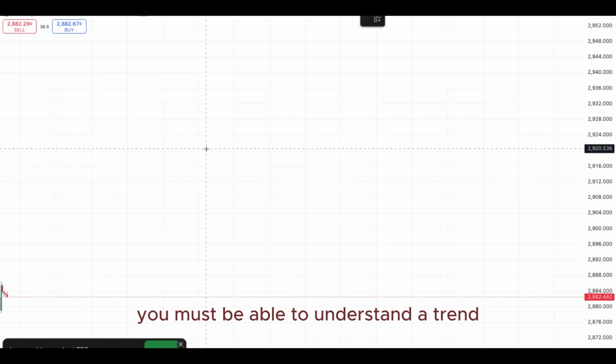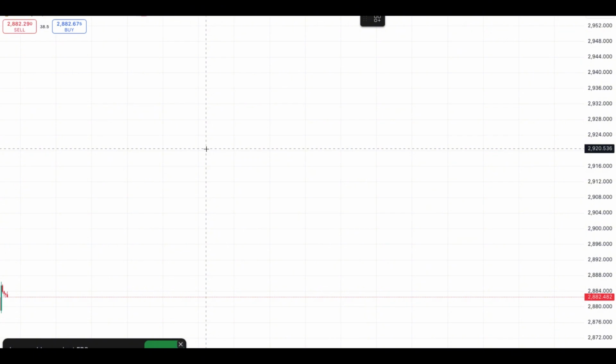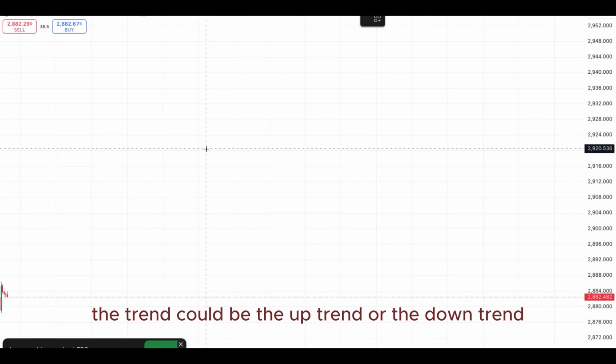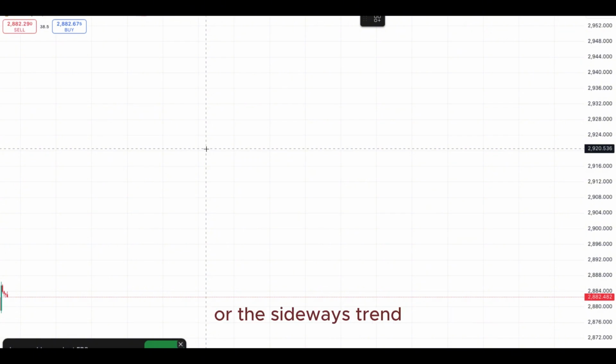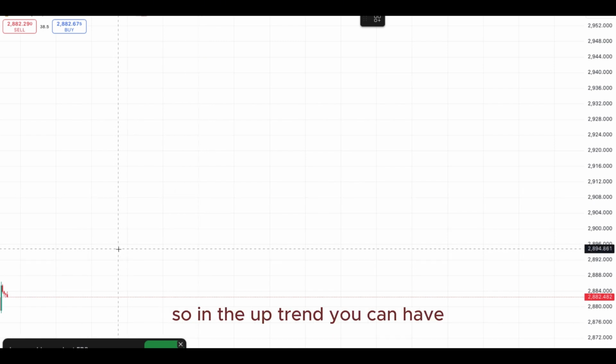You must be able to understand the trend, and it is always said in the market that the trend is your friend, right? So the trend is also always used to check the directional bias in the market. The trend could be the uptrend or the downtrend or the sideways trend, or they call it the ranging trend, which normally exists in the Asian market. So in the uptrend, you can have